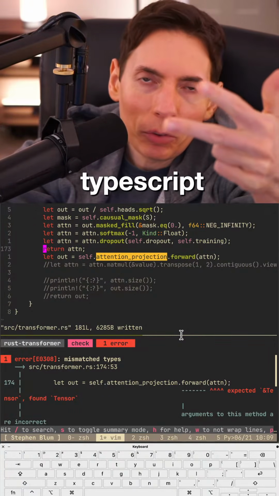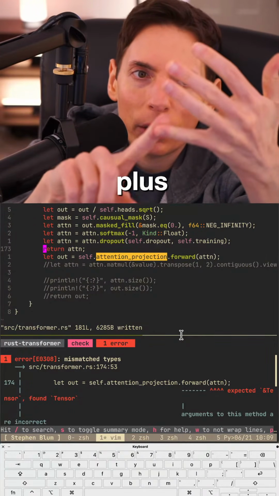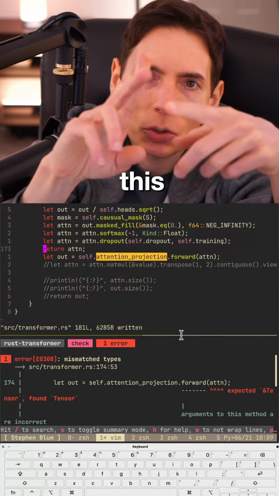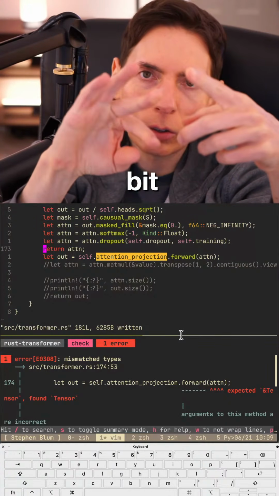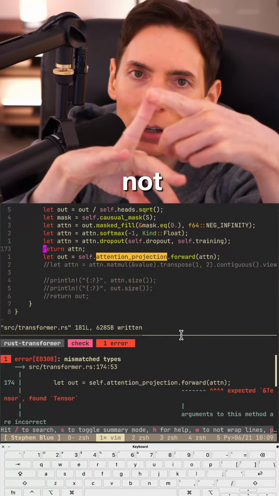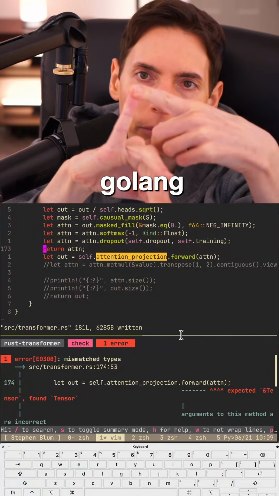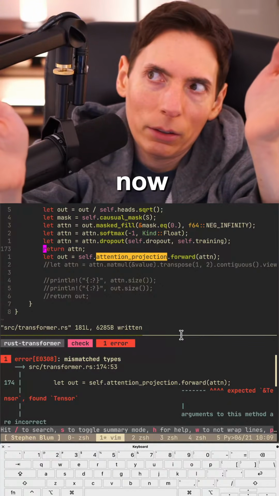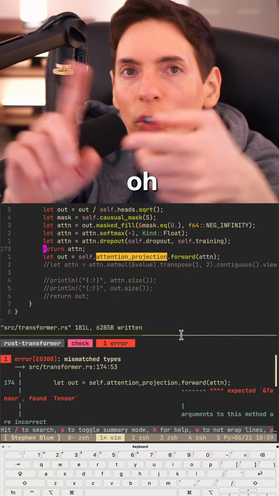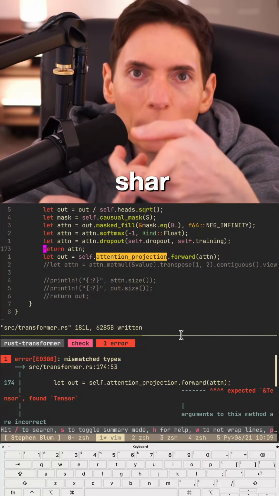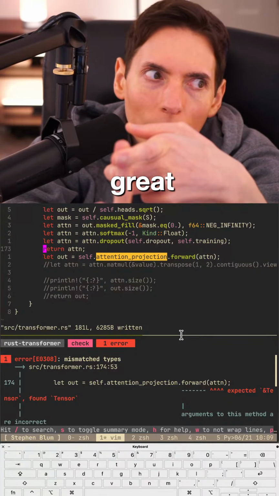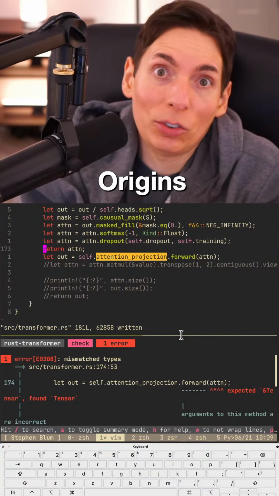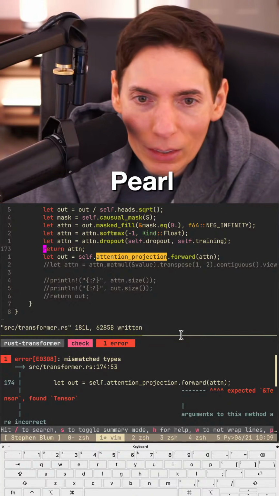JavaScript, TypeScript, Python, C, C++, Java, Ruby, I guess PHP, a little bit of Erlang, a smidgen of Haskell, but not enough Haskell, Golang, Rust, like we're doing right now. That's a pretty good start right there. Oh, C#. We got C#. I like C#. C# great. Perl. I can't forget Perl. That's my origins. That's where I come from, Perl.